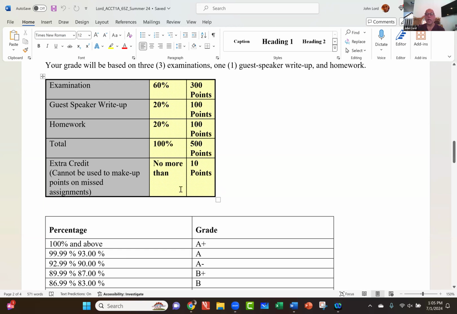Extra credit: I give no more than 10 points of extra credit. The way I'll allow you to get extra credit in this class is by increasing the number of pages for the guest speaker write-up. The guest speaker write-up is 3 pages. If you add an additional page, so you give me 4 pages, I will award you an extra 10 points, and you can use that towards extra credit as long as you have made your points in